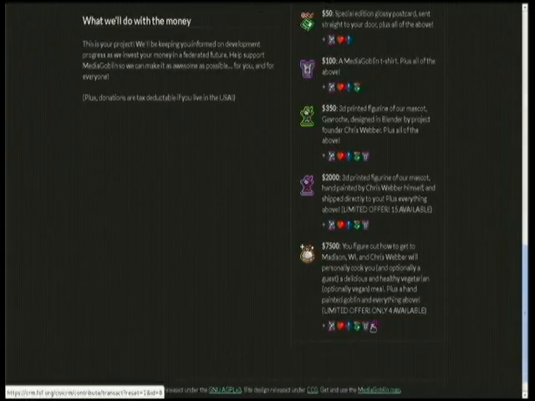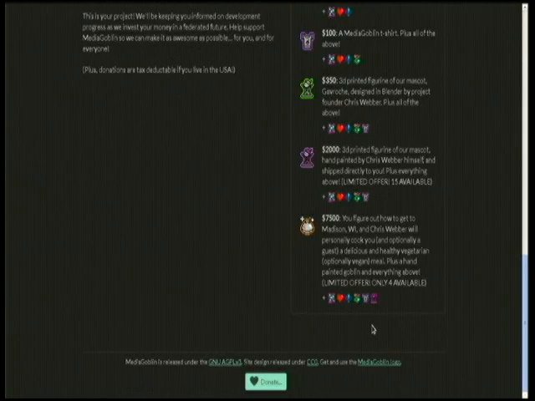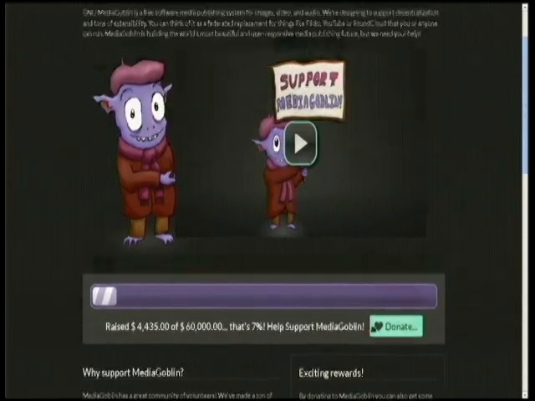And for $7,500, you come to Madison and you get a hand-painted goblin, a t-shirt, a postcard, stickers, a hug, and I'll make you dinner. Best $7,000 ever. Yeah, I mean, really. 7,525.